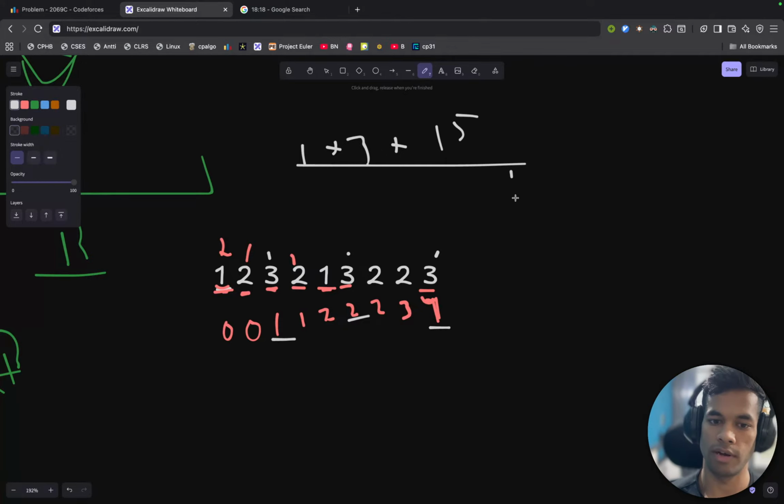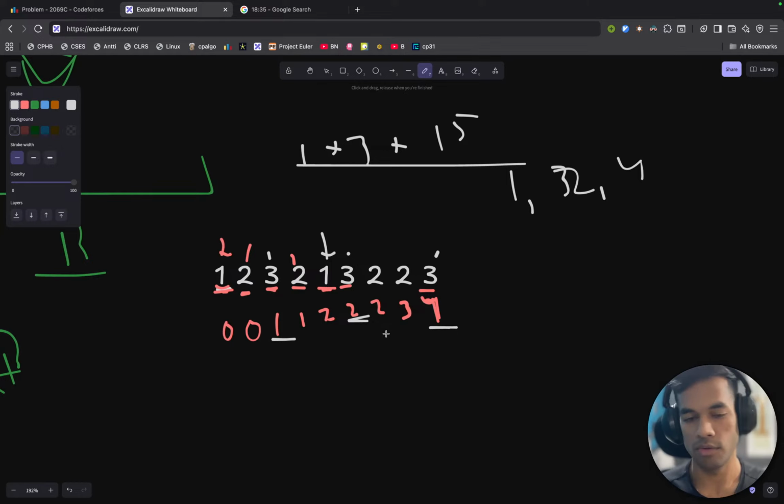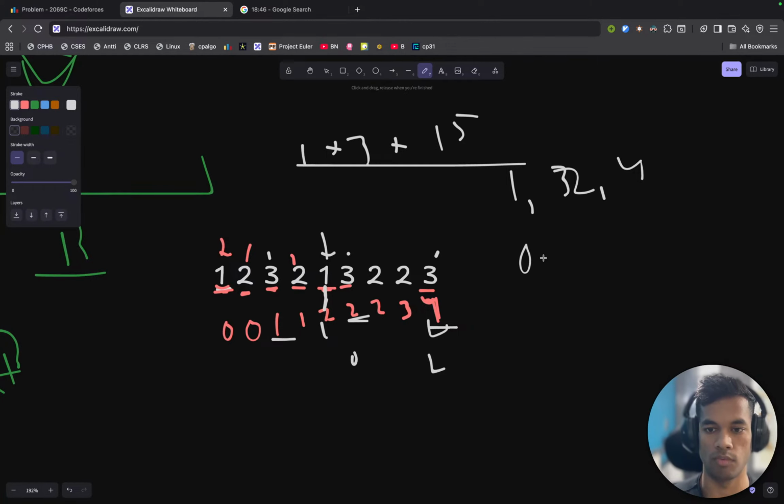Then in our final answer, we have 1, 2, and 4. Let's just keep track of these values. And then when we move on to the next one, which is here, we'll see 2 and 4, but these are not the values. The values would be 0 and 2, which is this value minus the value of the current one, 0